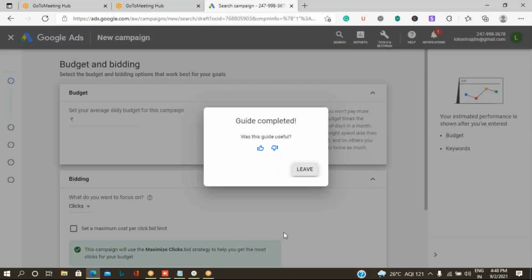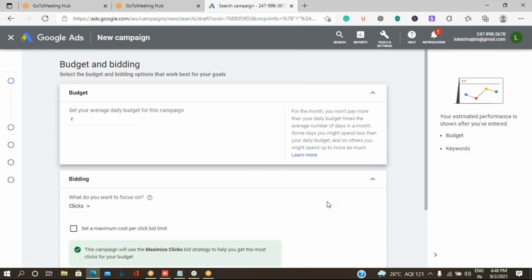So there's a very new screen which has been provided by Google Ads. There will be keep on updations happening. So this is a new updation which has happened. The first and foremost thing, it is asking what is your budget. So how much you are ready to spend for your advertisement.